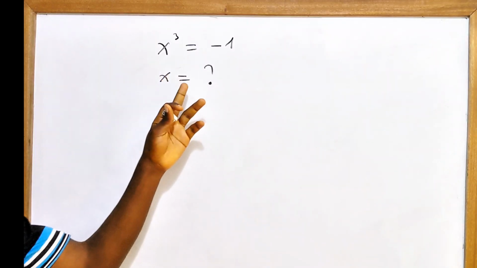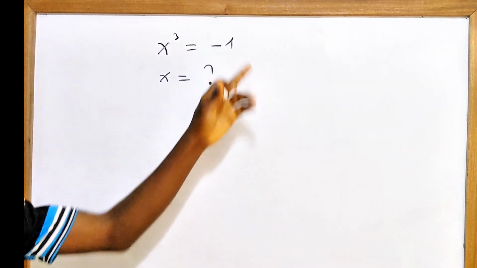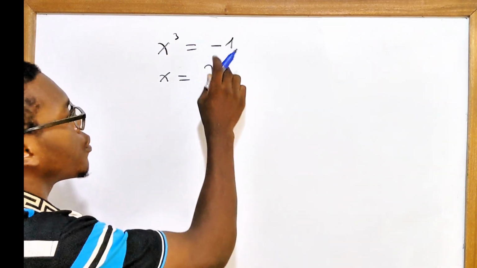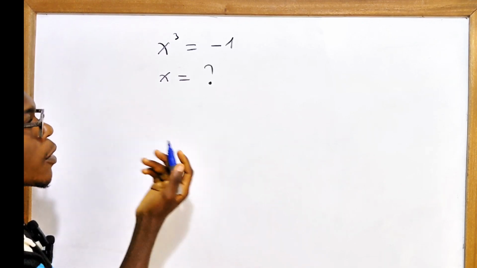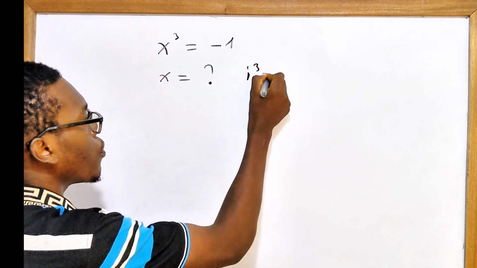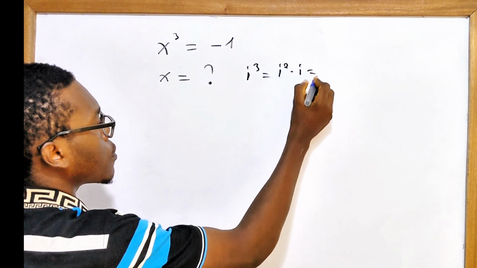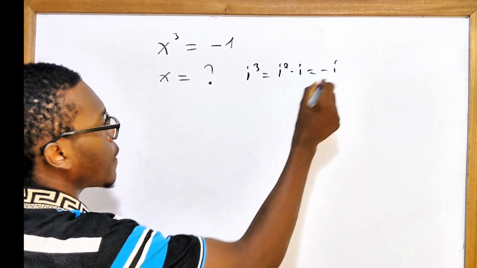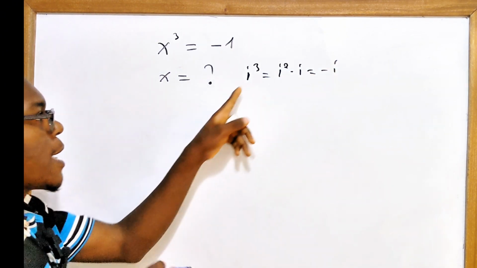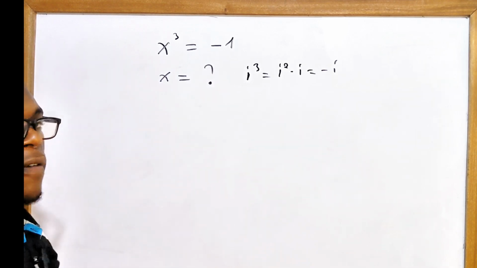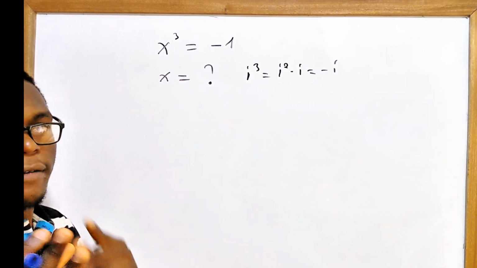Okay, having this other question to solve for x, given that x cubed is equal to minus 1. What we're going to do is bring this 1 to the other side. But we know that i cubed is equal to what? i squared times i. That is equal to what? i squared is negative 1, so that will be negative i. Automatically, you can just say that i is a value of x, but since it's x cubed, we have 3